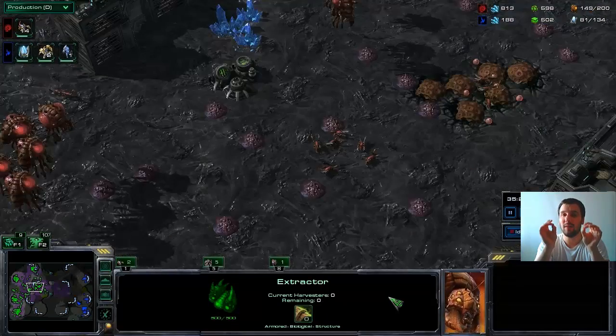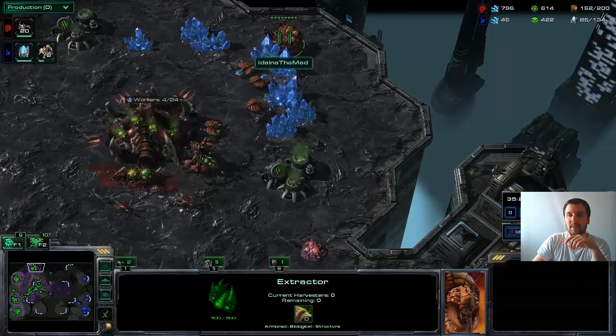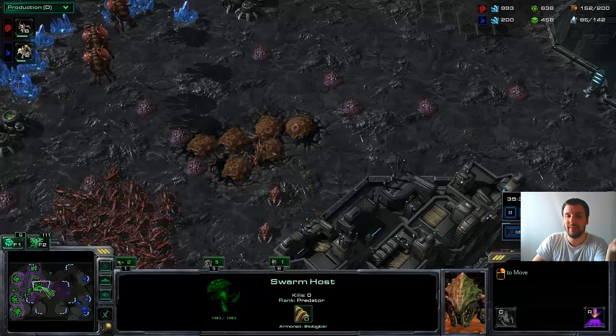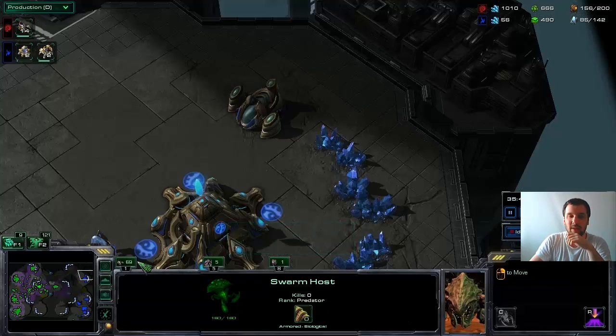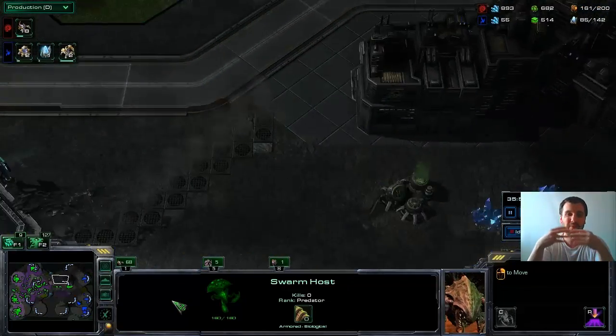You know what the problem with the swarm host is. And by the way, this swarm host has been there the entire game. I don't know what it's doing there, but it's unburrowed. It's not doing anything. And I really don't understand why it's there. He finally has his army in a control group now. Woohoo! Isn't that like the first thing you